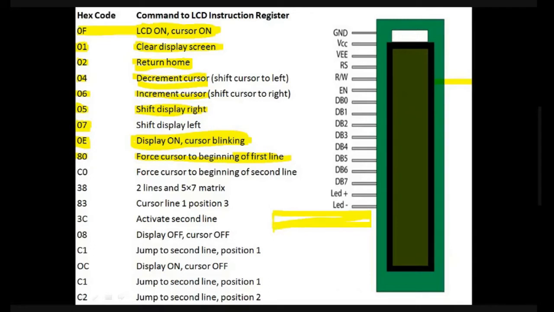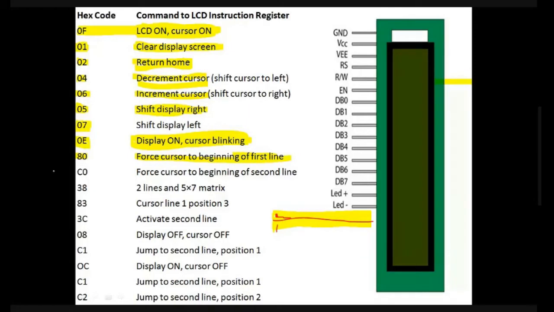Whenever there are two lines, this is the first line and this is the second line. Wherever my cursor is, that cursor is shifted to the first position here, so I can write the data from the beginning.